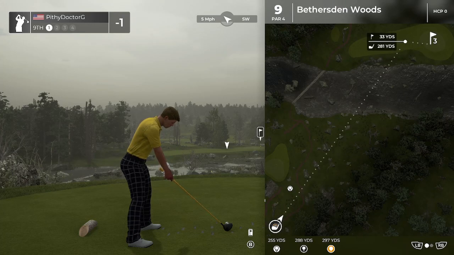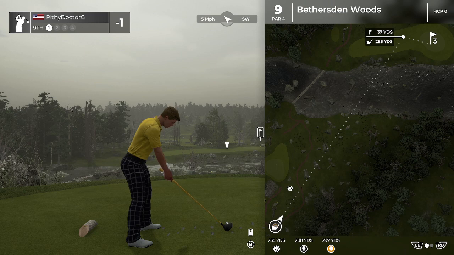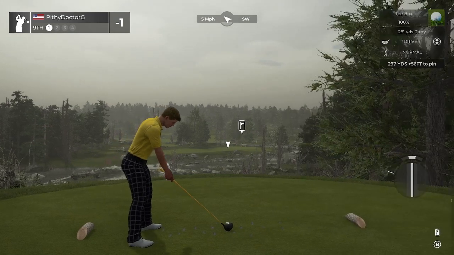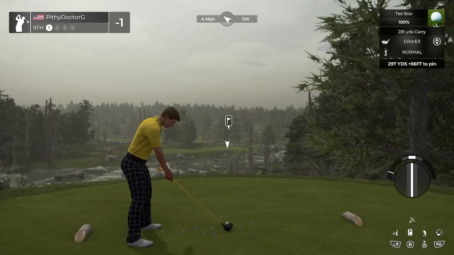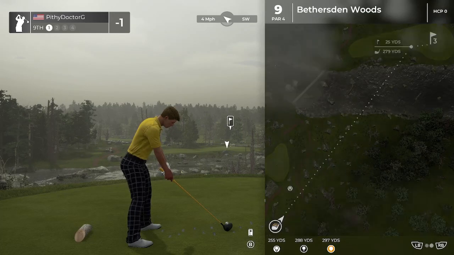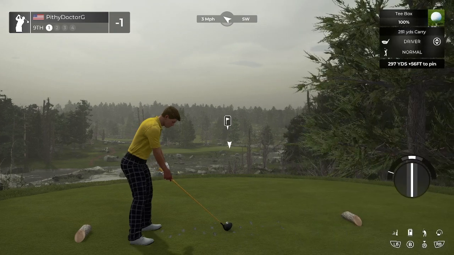Okay, now we got a 297-yard par 4. Yeah, very, very all or nothing here. You're basically just saying, yeah, just bash a driver as far as you can. That's what it feels like. Downhill. So I think with my driver, this actually probably works out pretty well. Okay, it's gonna carry over the green, but